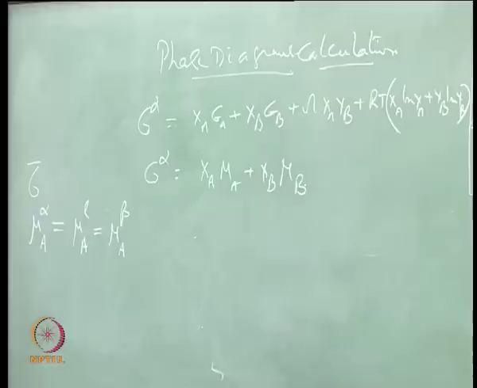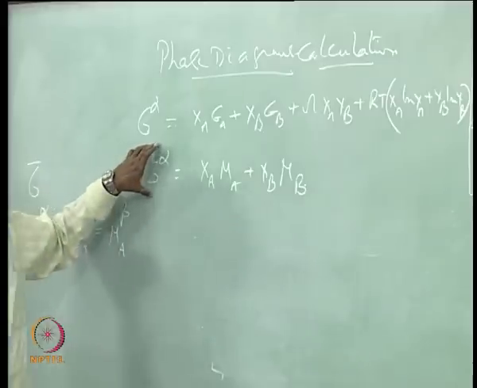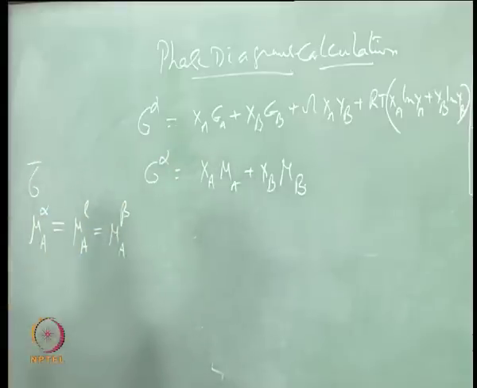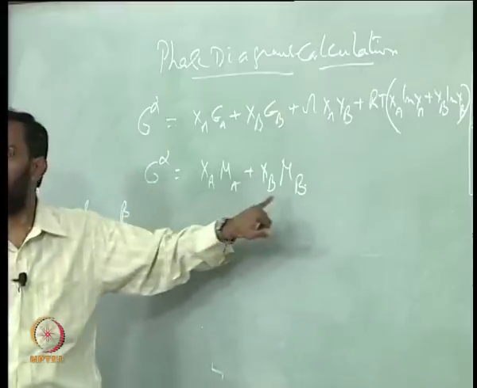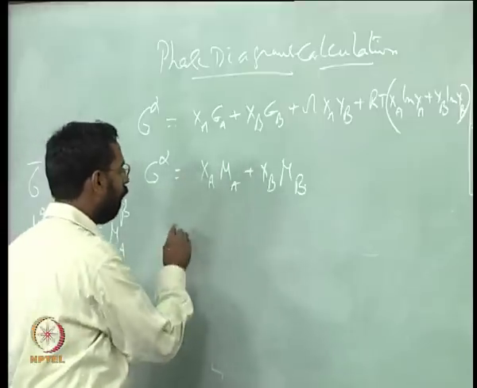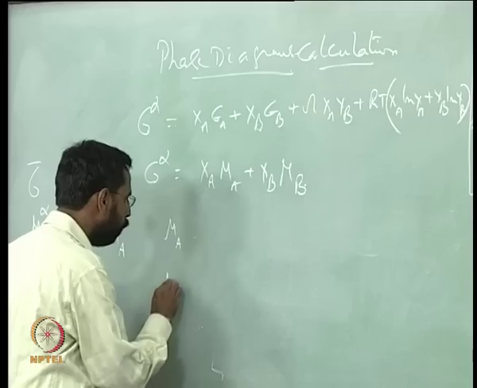You can also call it G bar or mu, whatever it is. So, the free energy of any phase can be written as this, because what is mu? Mu is nothing but the rate of change of free energy with composition. So, as a result, we can easily write this as this. If that is the case, then we can find out what is mu A and what is mu B